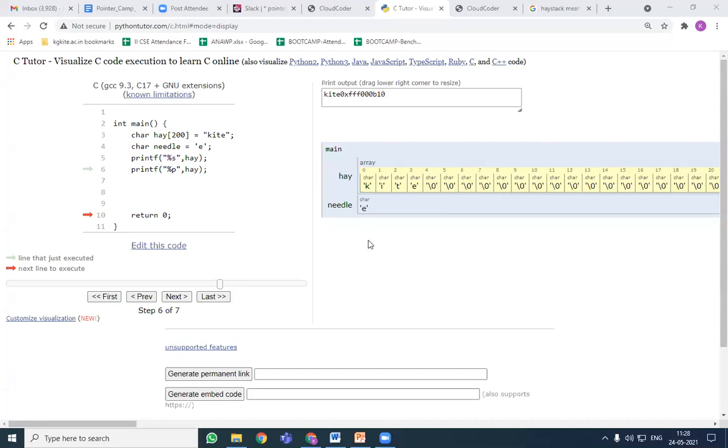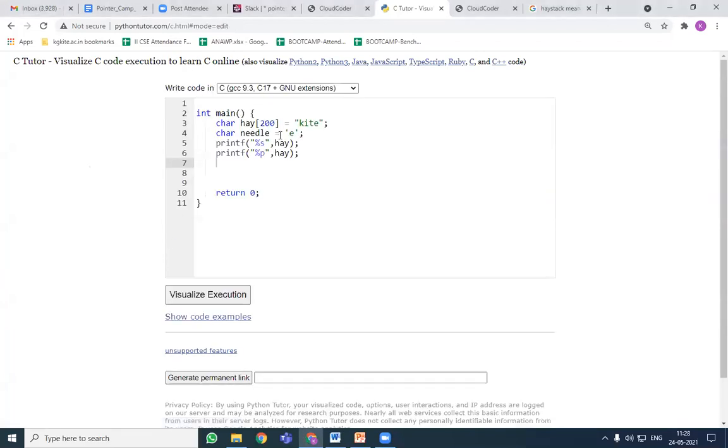Are you able to see the screen, students? Yes or no? Yes, ma'am. Okay. So before moving to the next problem, I would like to make you understand the pointer concept and pointer arithmetic better, so that it will be easy for you to proceed with the next problem. I've just written some code on this in Python Tutor. You all can tell me the output of these